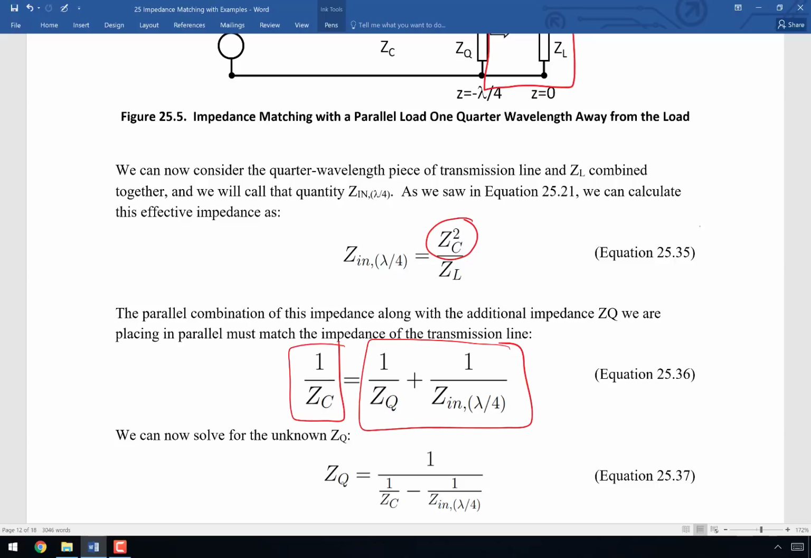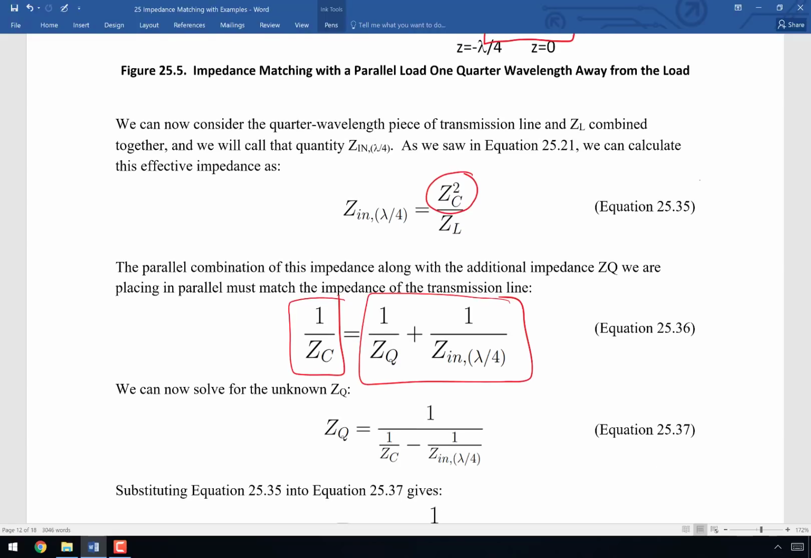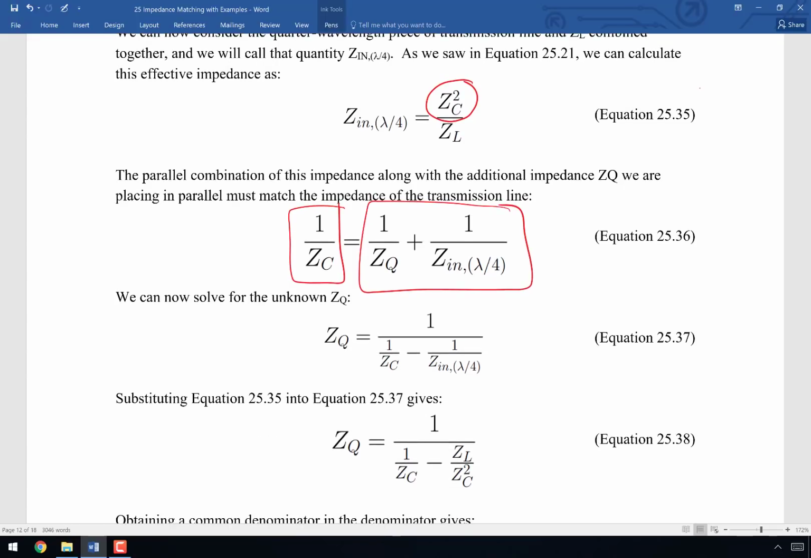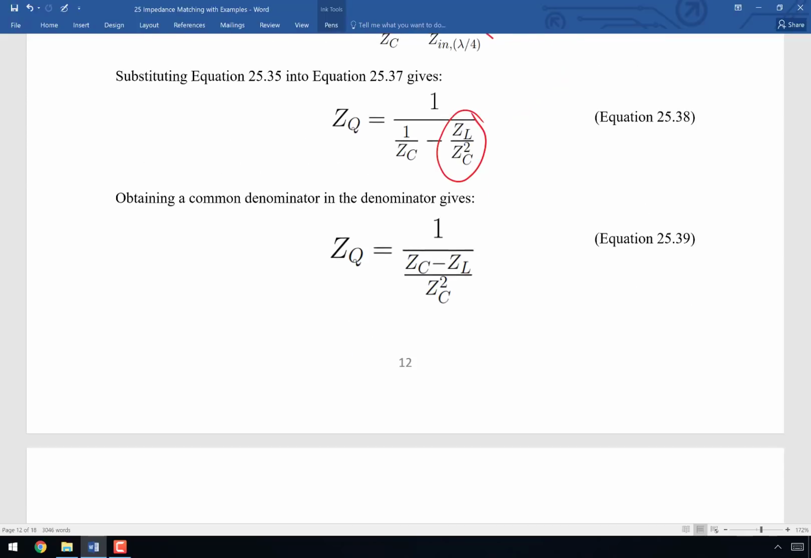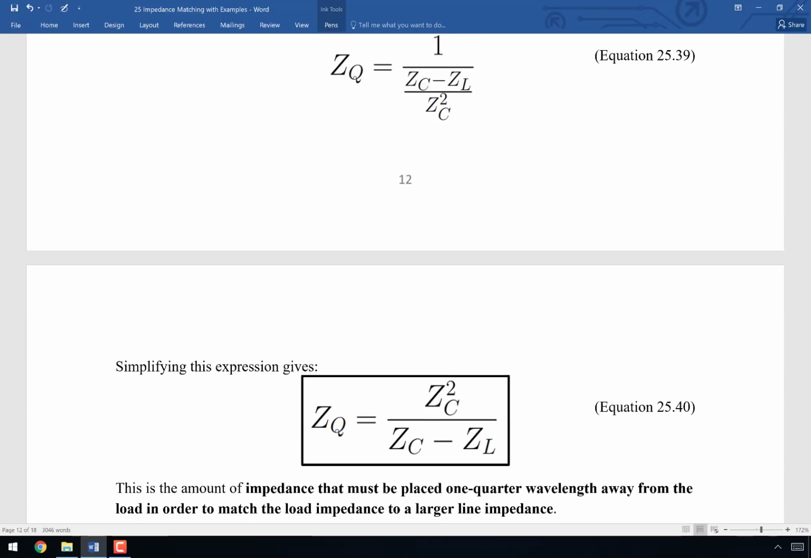So again, you could think of this either in terms of impedances or in terms of admittances. If you then solve that equation for z sub q, because that's what we're ultimately looking for, you get equation 25.37. I'm then going to take this quantity and plug it into that quantity right there, and that gives me this quantity right here. Develop a common denominator, and then flip the denominator up into the numerator, and we end